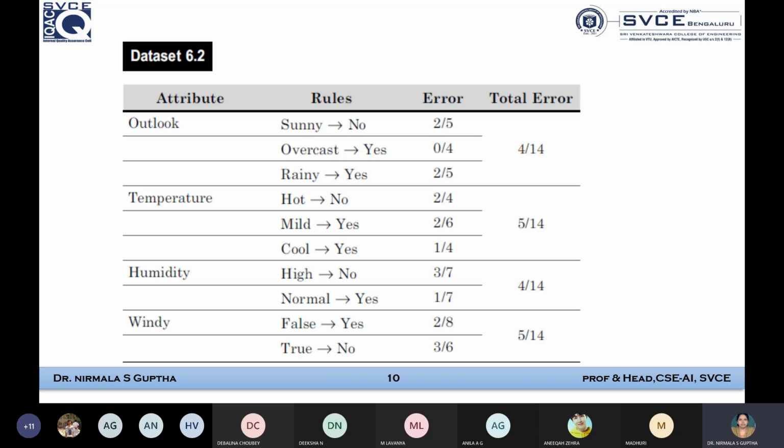The sunny branch will inherit all the data for the instances that had sunny as the value of the outlook. Similarly, the rainy branch is going to inherit the data instances that have the outlook as rainy. And overcast we will keep like that only, because there is no inheritance, as it was error free. There were no errors, 2 yes, 2 no, so 0 error count, we got 0 by 4. So overcast doesn't have any further segments or branches.